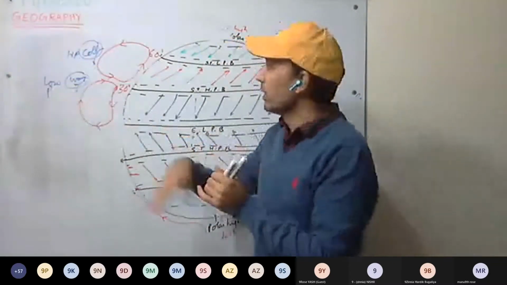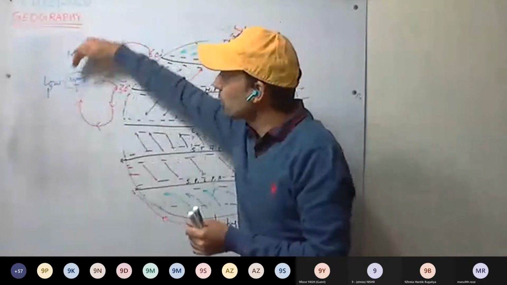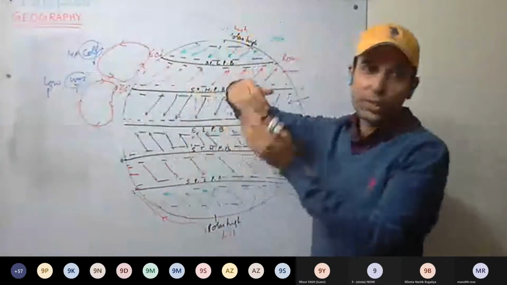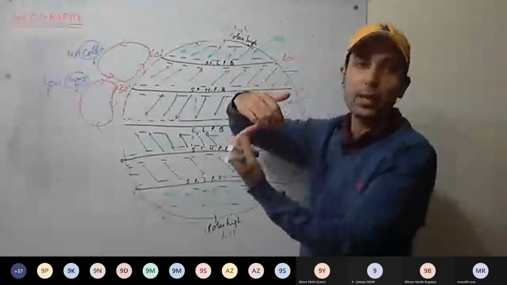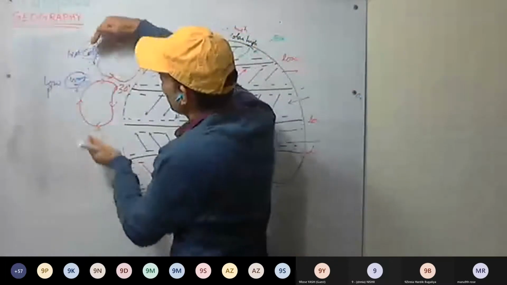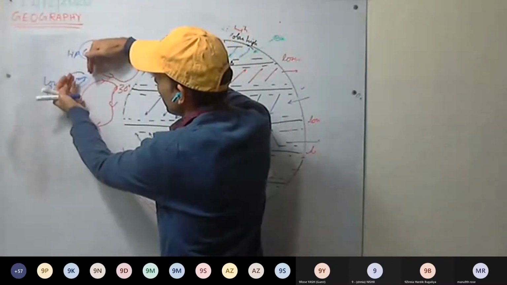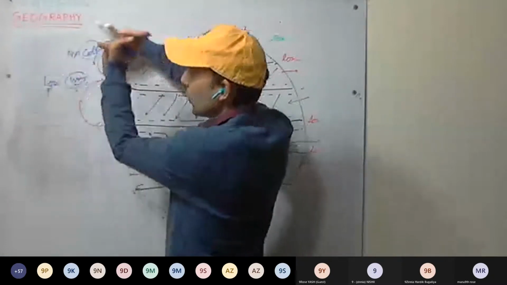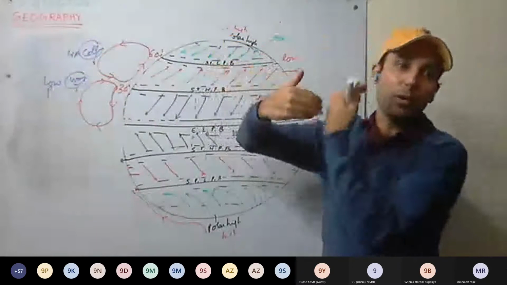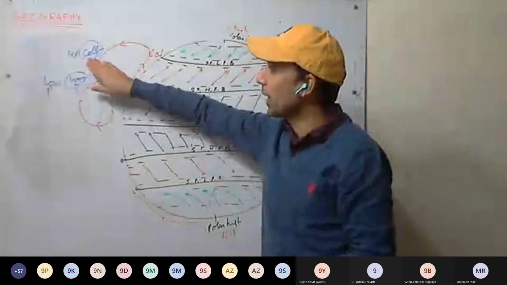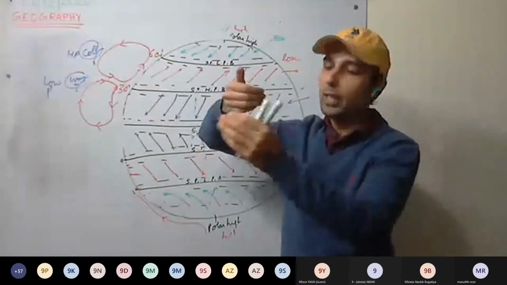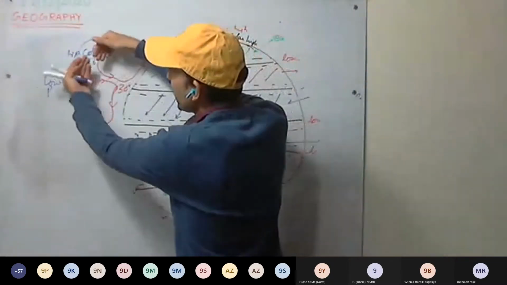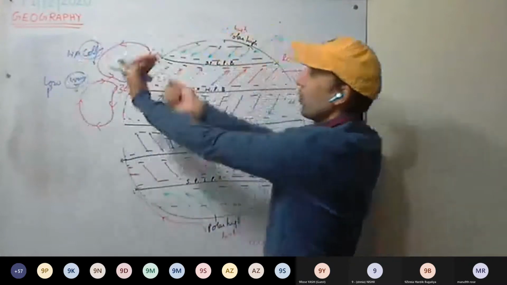So what should happen? From high pressure, the winds move towards the low pressure winds. This must happen, but because of the rotation of the Earth, the Coriolis effect takes place. Because of that, these winds move here and this wind moves here. Rather than this cold wind moving into the low pressure winds, they move on the boundary. A boundary is formed between the high pressure cold wind and the low pressure, and wind starts flowing on the boundary because of the Coriolis effect. That's how the wind gets deflected and starts to flow eastward.